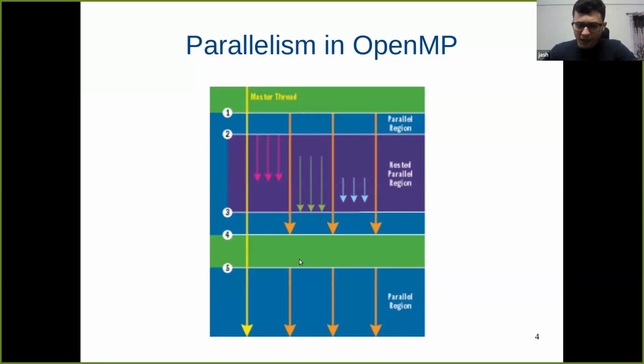Upon completion of the parallel region, you can see this blue part. This green part denotes the serial region. In the serial region, there will be only one thread, which is our master thread. As soon as it hits the parallel region, it will spawn the team of threads,